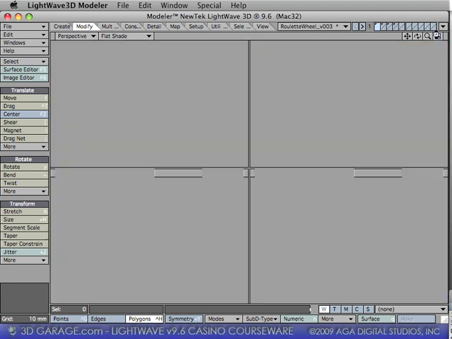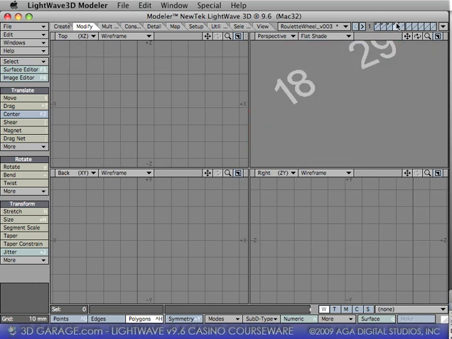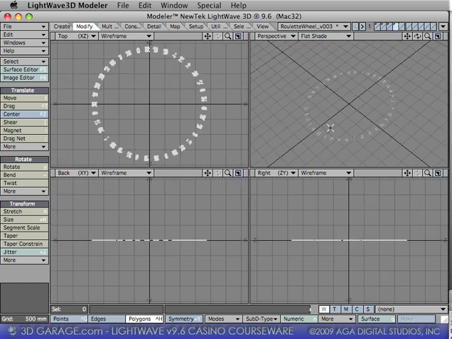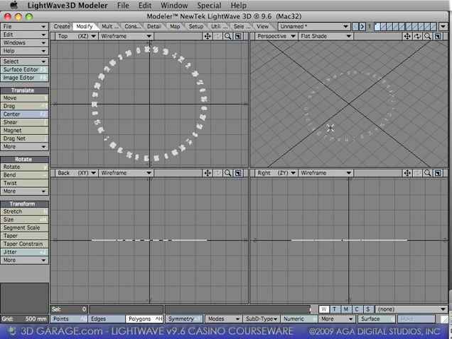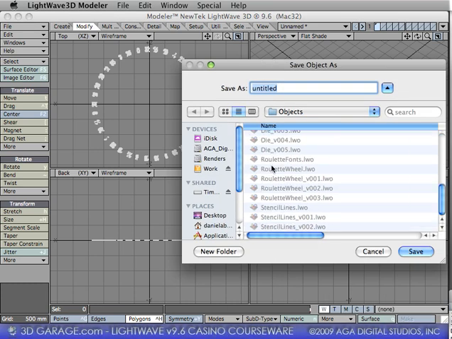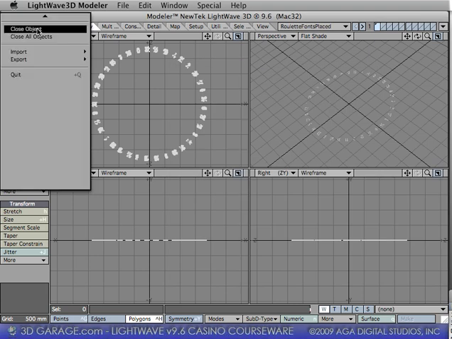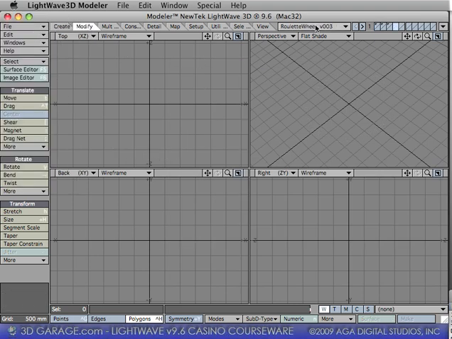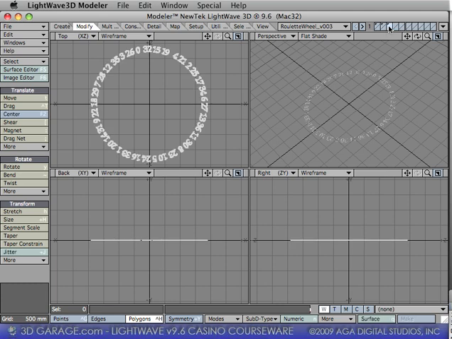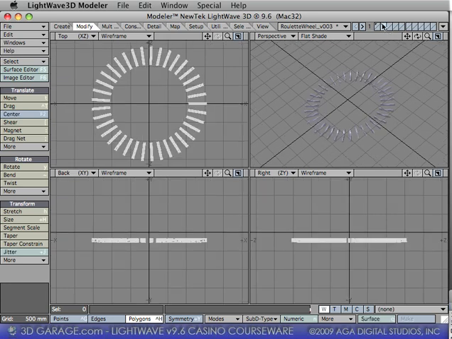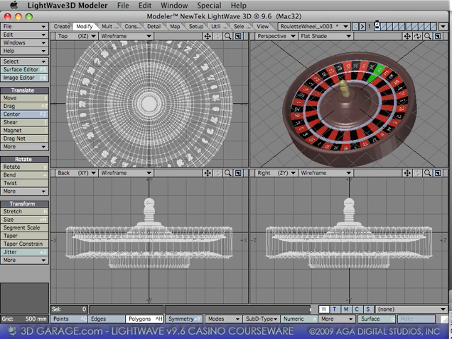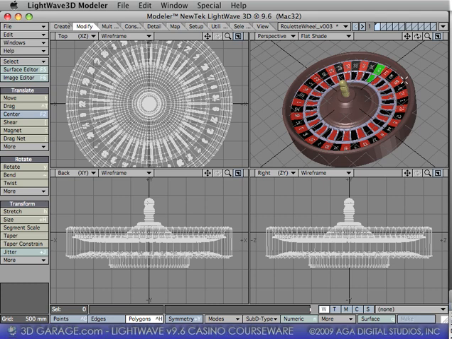Now, there's a couple little things with this wheel before we completely finish. I'm going to take this text because it's all lined up. Command X to cut, Shift N for new, Command V to paste, Control S, and this will be roulette fonts, the initial one, and I'll call this one placed. That way you have them if you need them. And then we'll close that out. All right, we'll save this one. I don't actually need this anymore, so we'll cut those off. And for this, Command X to cut, Layer 1, Command V to paste,